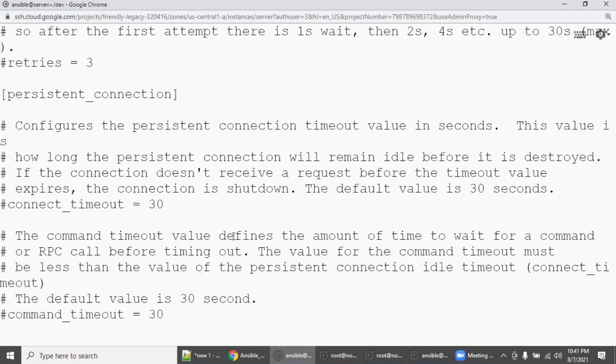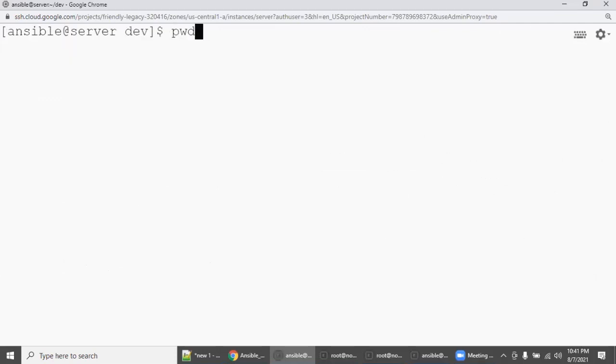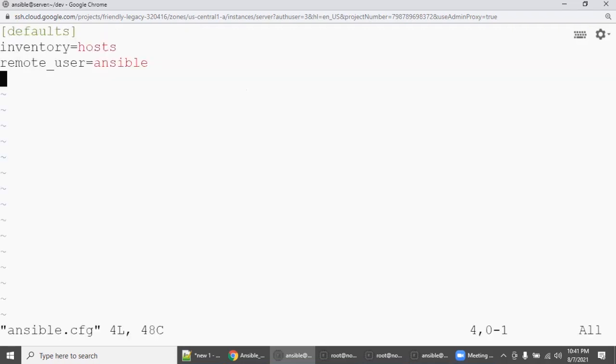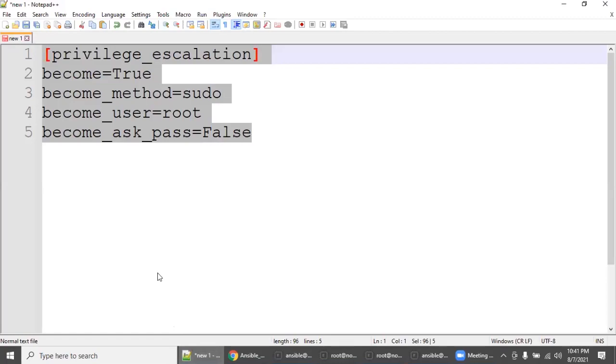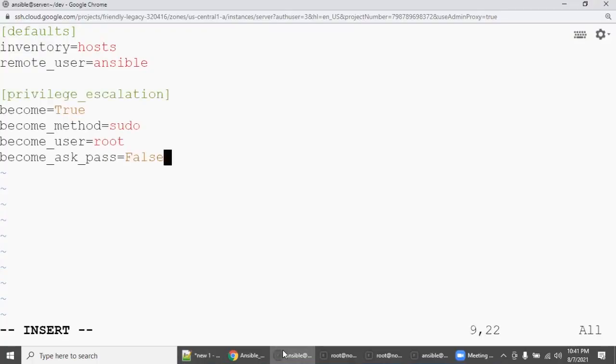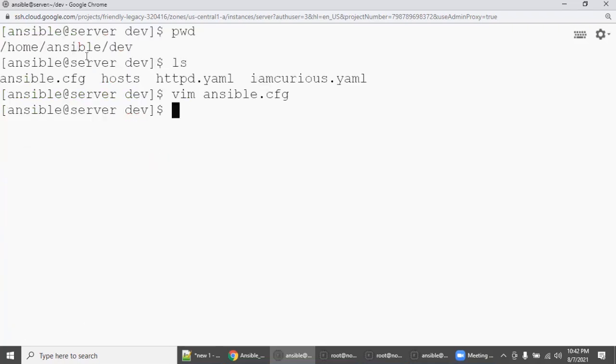What is our environment related? I'm putting pwd, present working directory. In the dev, you remember we have created ansible.cfg, right? Open this environment related ansible.cfg file, and in this file you have to have this section. That's it. Because in this file will be applicable, as I told, how this file takes effect.